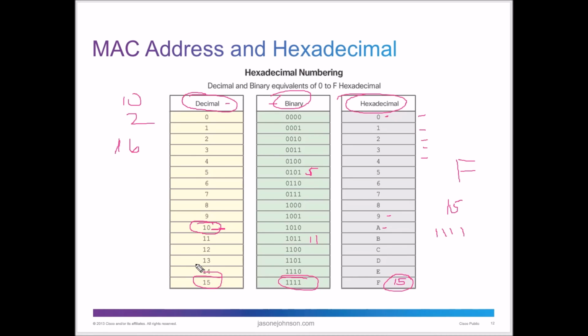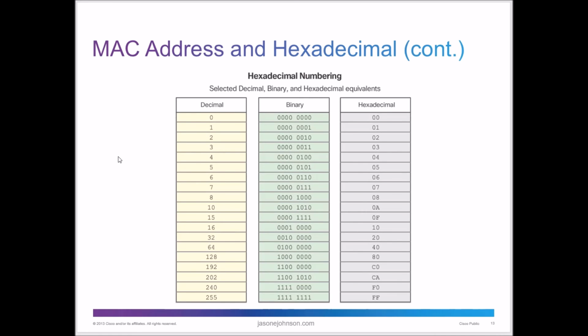So we use hexadecimal. To not make this any longer on this part here, we use hexadecimal to represent our MAC address because we can write large numbers using hexadecimal, but they can be converted to binary. So this is just continuing it on down here. If you see a hexadecimal number, let's just take a little number, 0F here. So 0F, if we take that hexadecimal number,